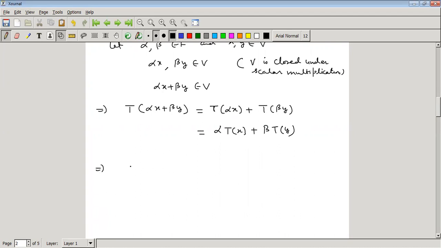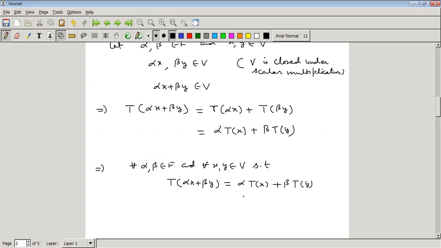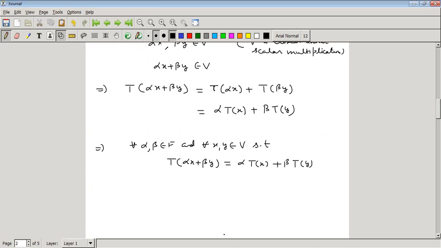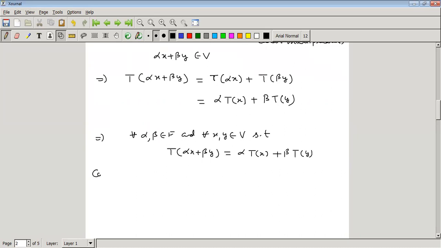This implies for any alpha, beta in the field and for any x, y in V, T of alpha x plus beta y is equal to alpha times Tx plus beta times Ty. So this is the direct proof. Now conversely,